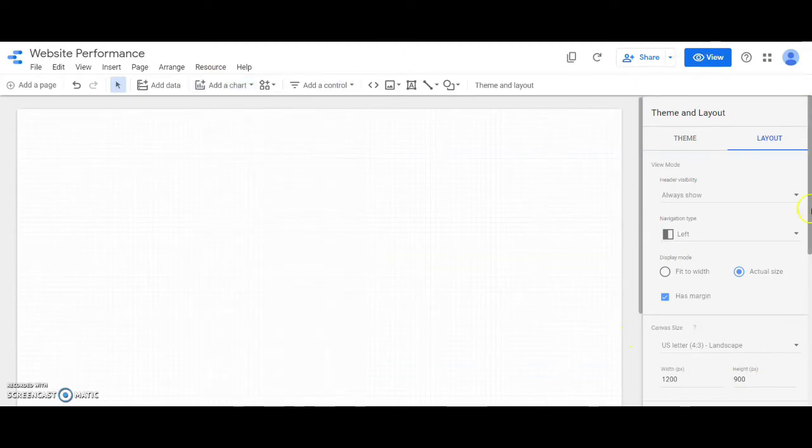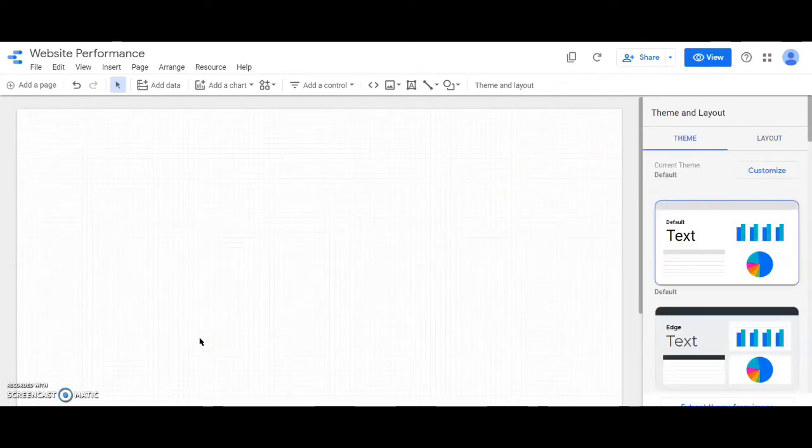Then we see there's a panel on the right. We're going to come to all that later. For now, let's just go ahead and see how we can use tables to visualize our data. So let's see that. We are going to do this with a very specific example. So let's suppose you want to create a report that shows the number of unique page views that your website has had from the different marketing channels.